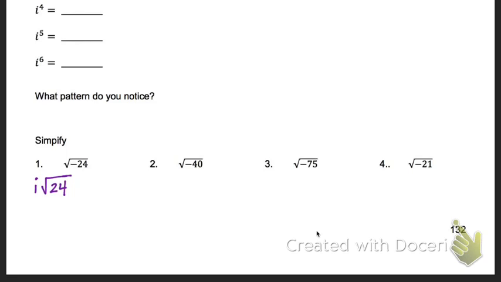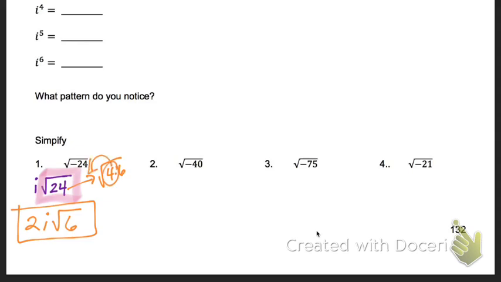From here, I will now simplify the stuff under the square root. So what can I take out to simplify square root of 24? What's a perfect square I can take out? 4 and 6. So then it becomes 2i square root 6. Because I changed this to be square root 4 times 6. 4 jumps out in front